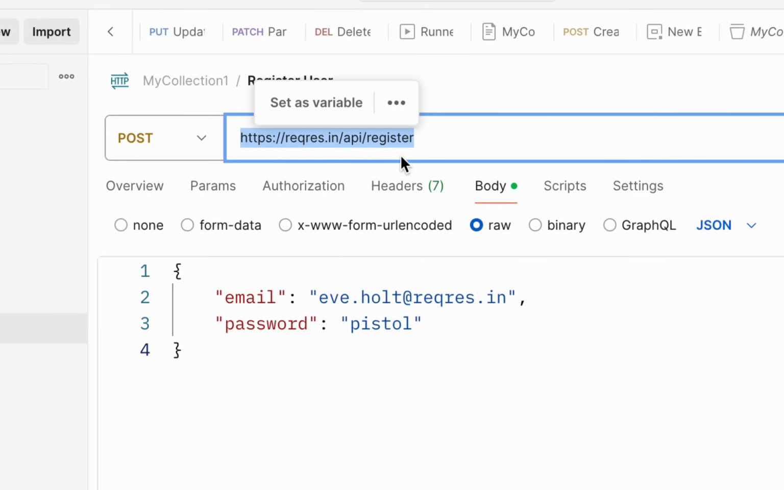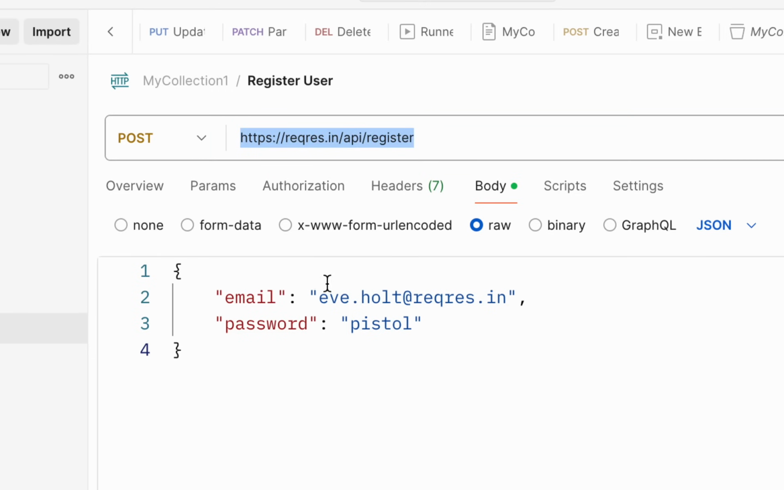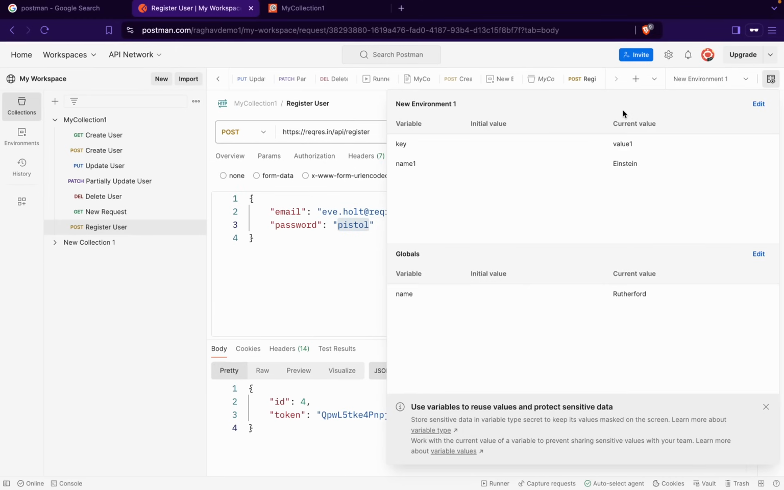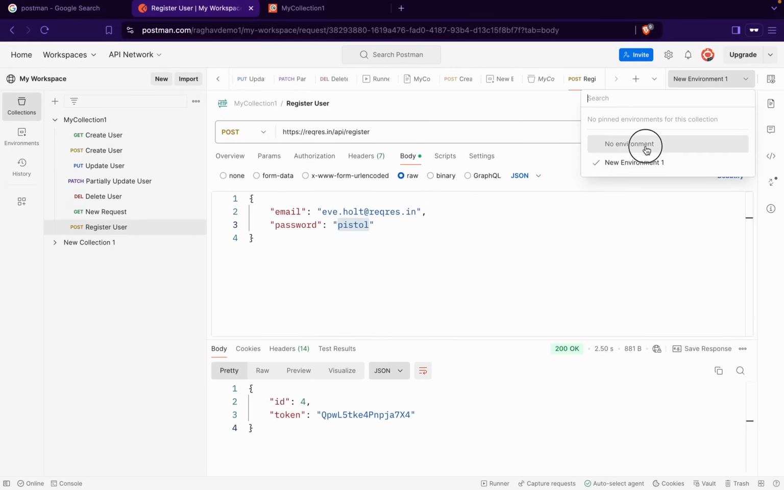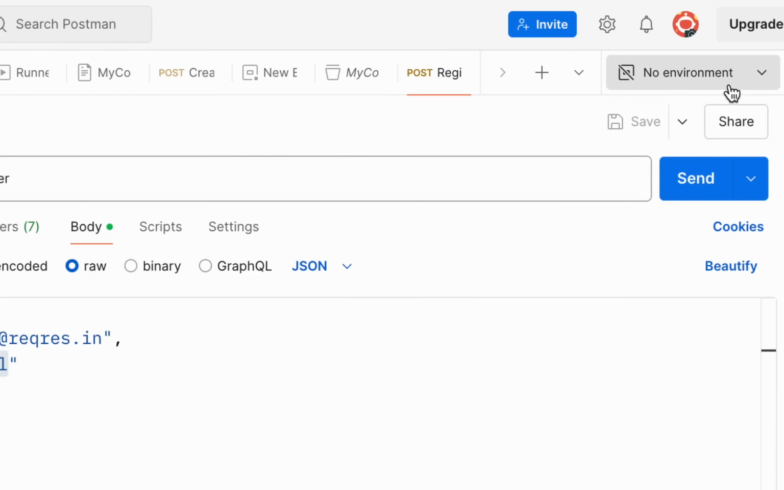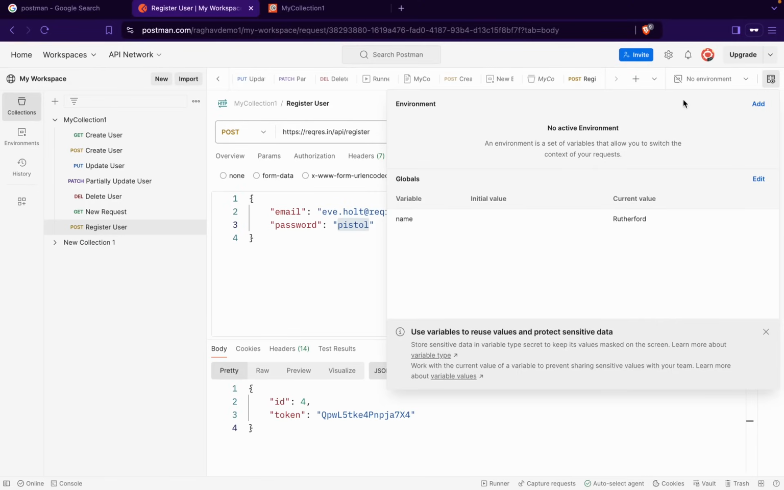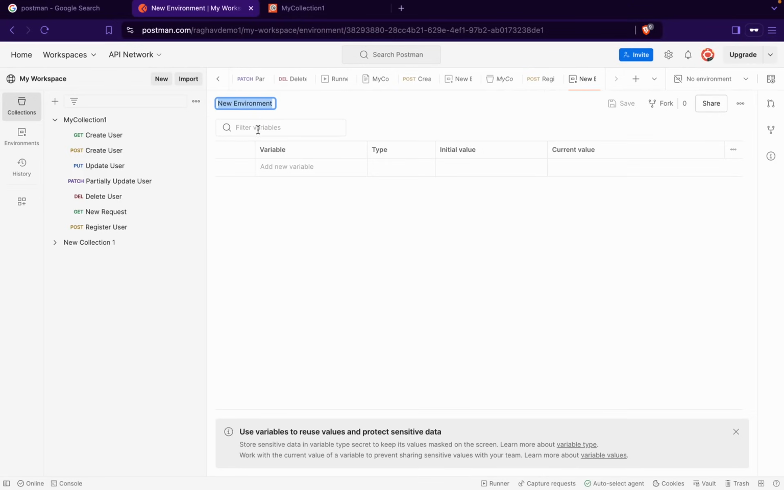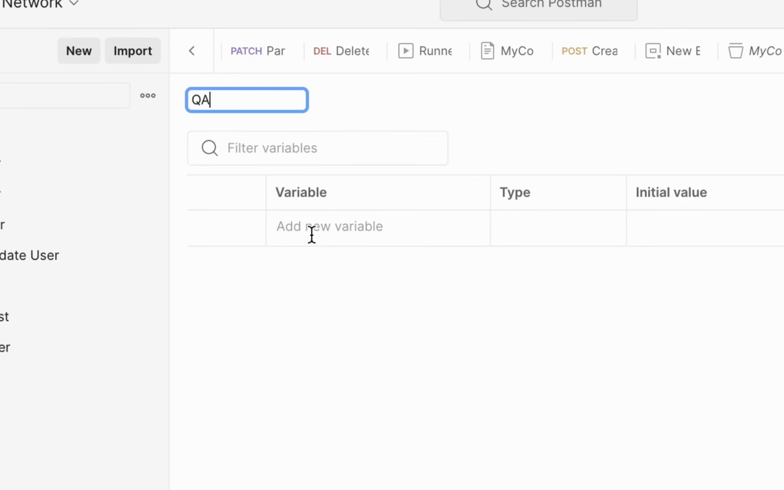Okay, now let's imagine that this URL endpoint is for the QA environment, and this will run as it is. But in case I want to change the environment and want to run it on a different environment, this has to be changed, or even this email and password has to be changed. So in that case, what I will do is I will go to the environments and then I will add an environment. So I can go here and I can first select no environment from here, and then here I will say add, and I will give a name to the environment, let us say QA,